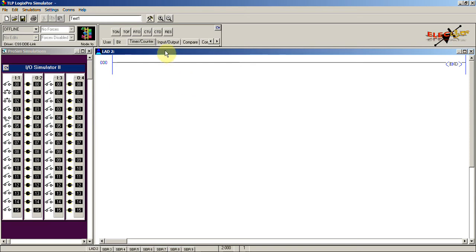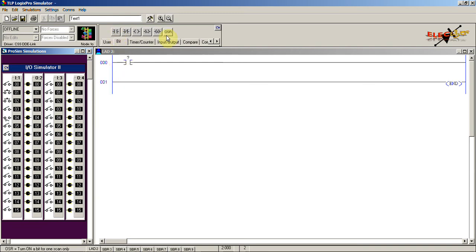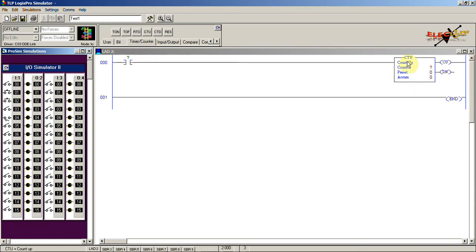So first we'll go with the up counter. For that we require an external pulsing device. So I'll be using this push button to give a logical continuity, that means external pulses to the counter, whereas our timers will run by themselves, but here these counters have to get external pulses to run the instruction. So for that, use this examine if closed instruction, and then use the count up counter, which is CTU.